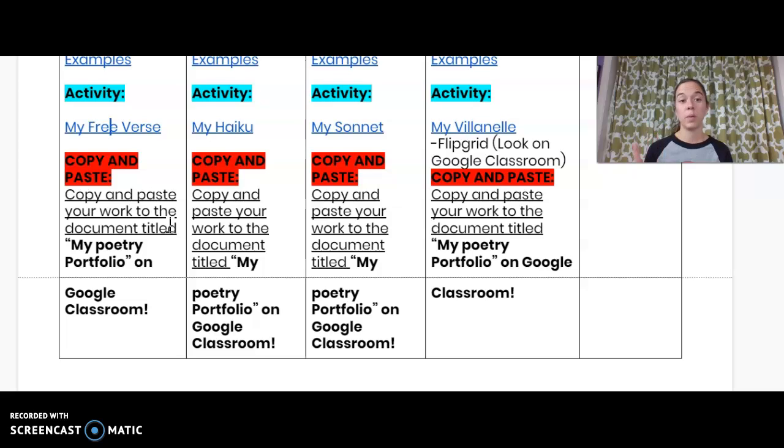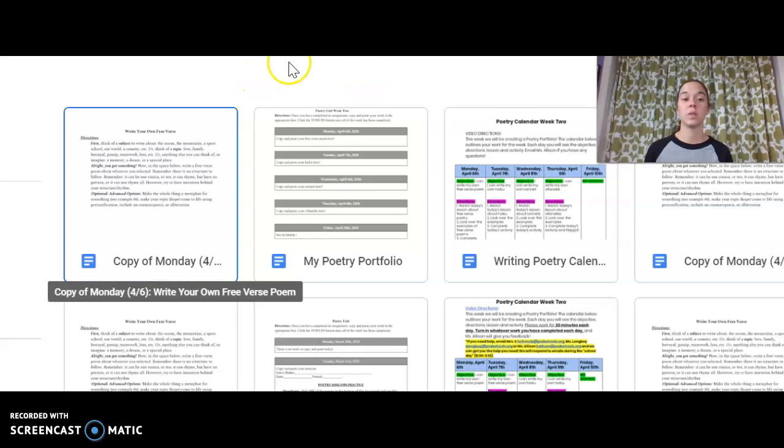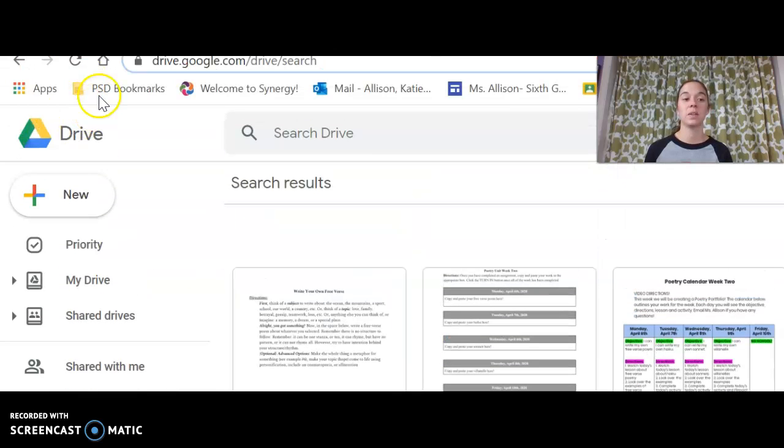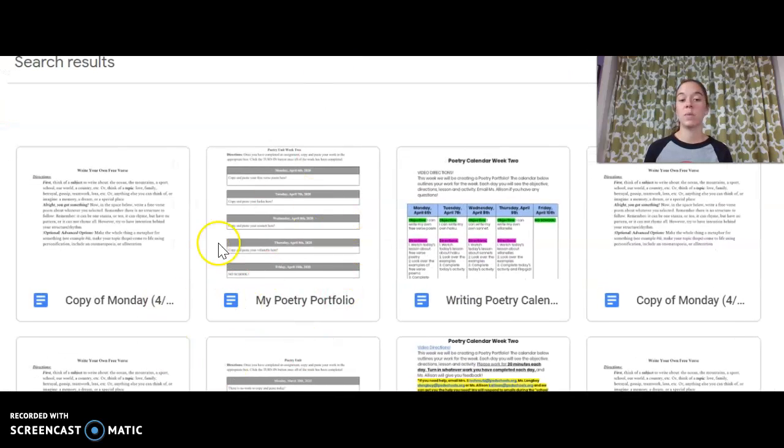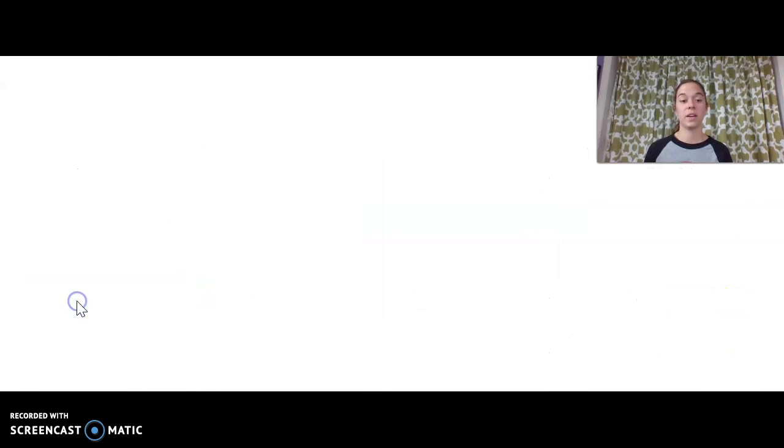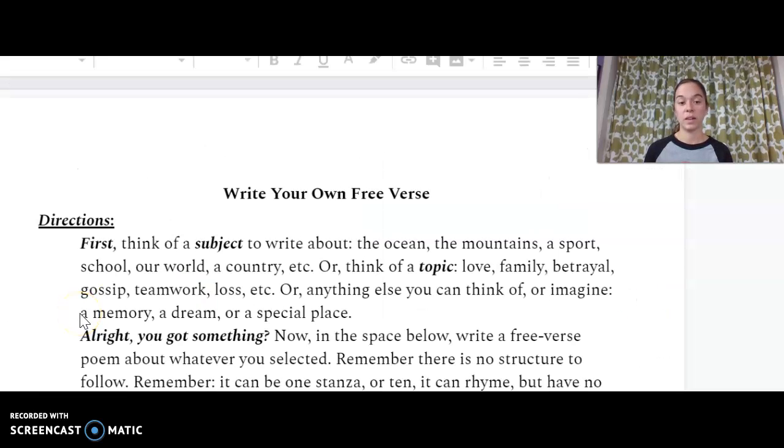Wait! My work got lost. I have no idea where it is. It's floating out there. This is where you're going to go to what's called Google Drive. And Google Drive has this symbol in the corner, right? We know that's Drive. All of the documents that you've made copies of will show up here. So if you get super lost or confused, go to Google Drive, and then you'll be able to find it. So you can see, like, here's the copy I just made. It's right there. Perfect. Okay? So that's where you need to go.